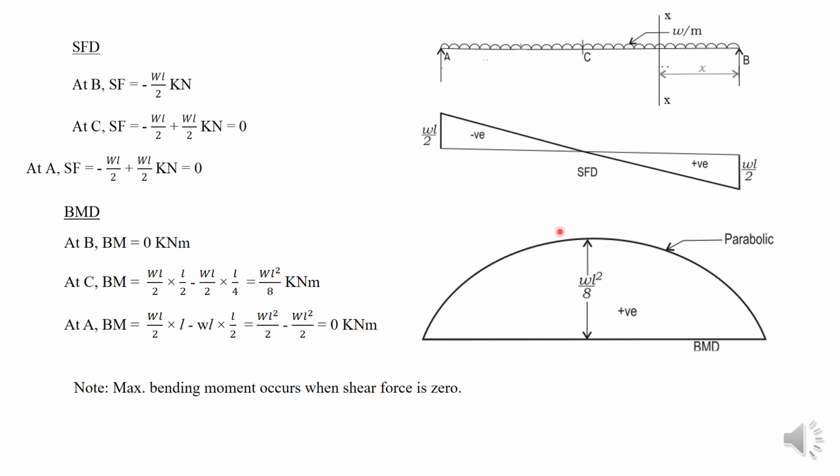So remember this value, that is the maximum value of bending moment for a simply supported beam with the UDL, which is at the center, and that is equal to WL square by 8. Here you can also notice another thing, that the point at which the shear force has 0 value has the maximum value of bending moment. That means at C the shear force value is 0, and the shear force diagram changes its sign from negative to positive or positive to negative, so at that point the bending moment diagram will have the maximum value, and that is equal to WL square divided by 8.